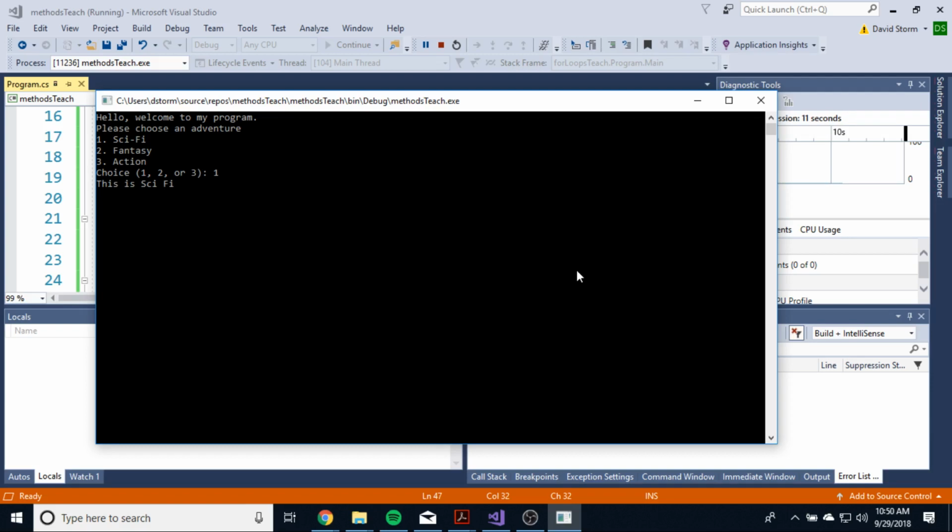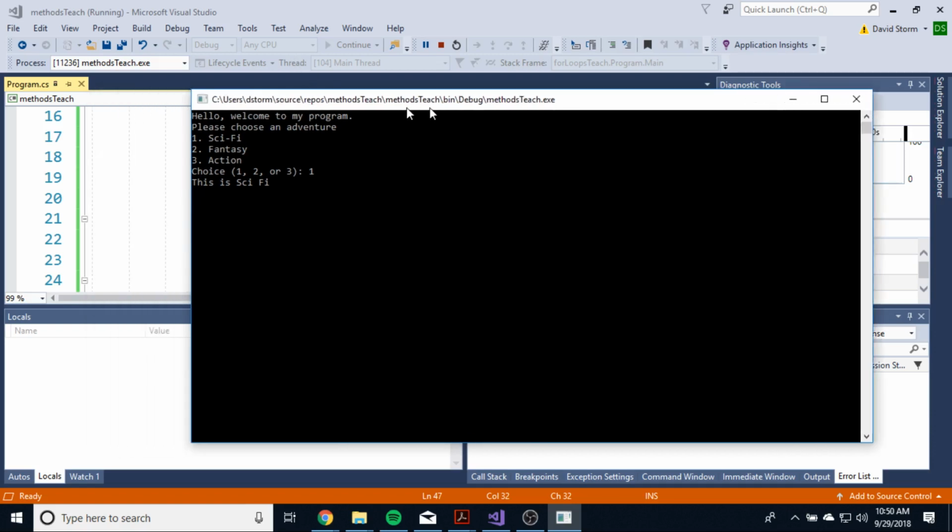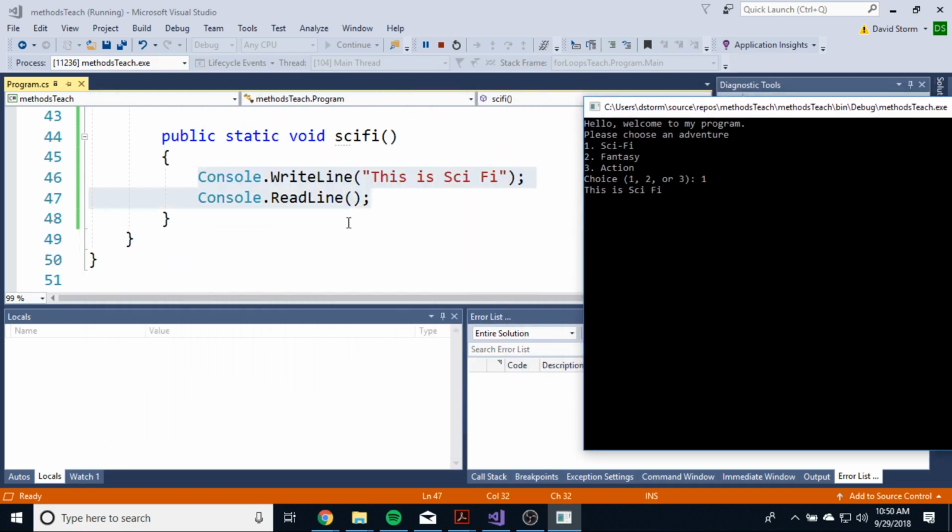This is sci-fi, so we get our sci-fi method. That's what we're looking for. We've broken out of our main method and we've jumped into the sci-fi method, which is exactly what we want. Perfect. Now, it's gonna revert back to the main method once I hit enter, because the last thing in the